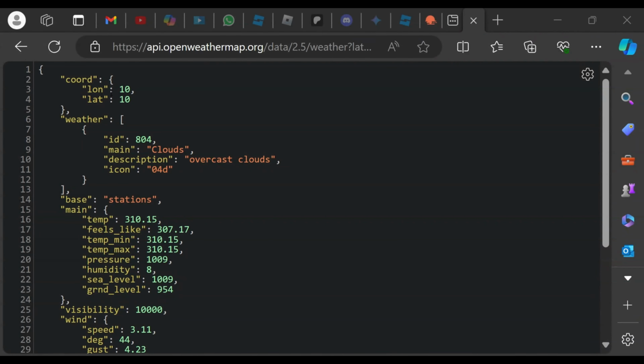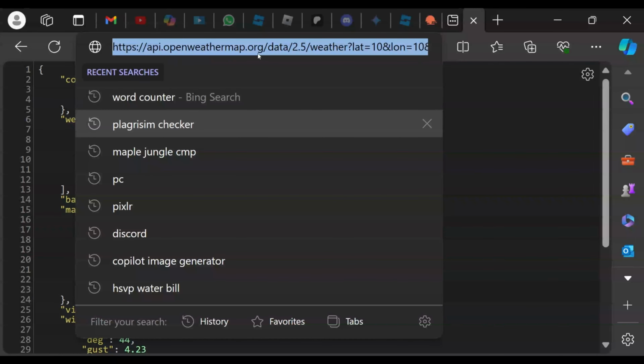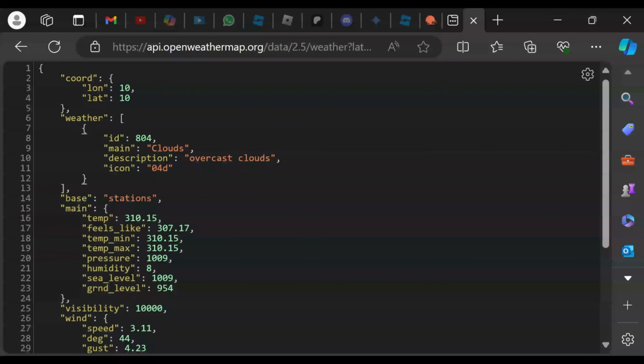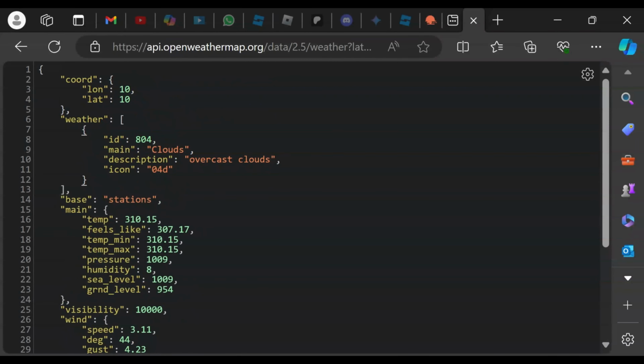So here now I'm going to type requests.get. Now go to the web browser, copy this URL, which is right here. Go here, paste it,